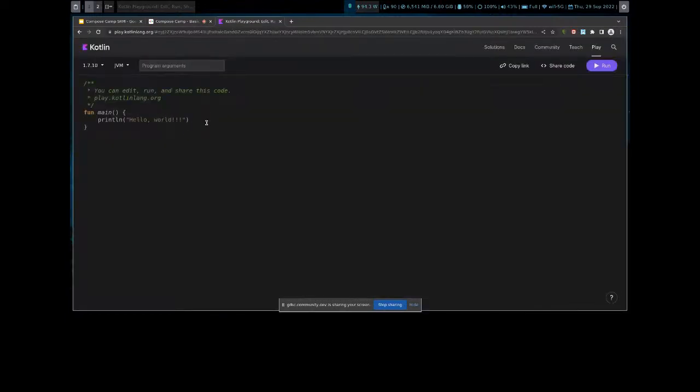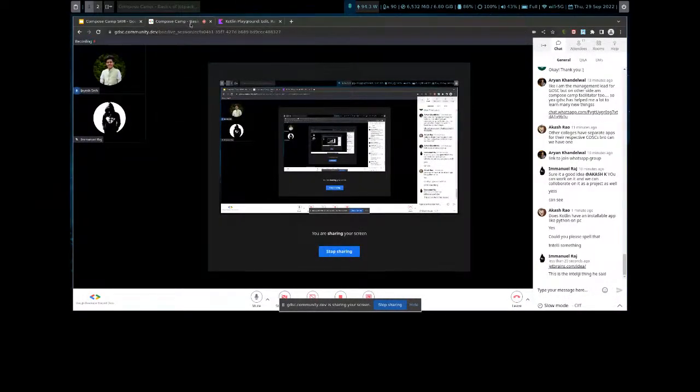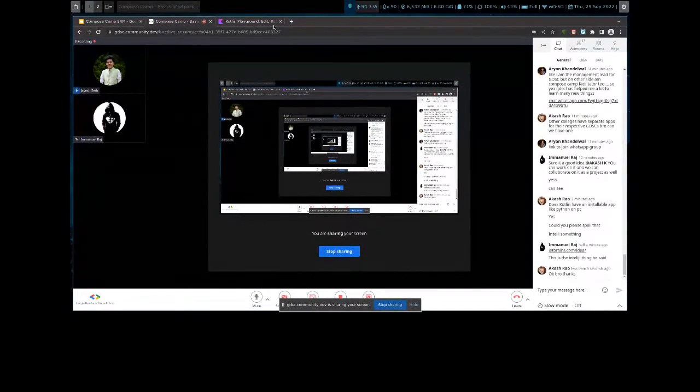You can run Kotlin functions, classes, everything. You can learn Kotlin straight from here, and then maybe start using Android Studio from the start. Because IntelliJ IDEA is basically necessary when you're building Kotlin applications.